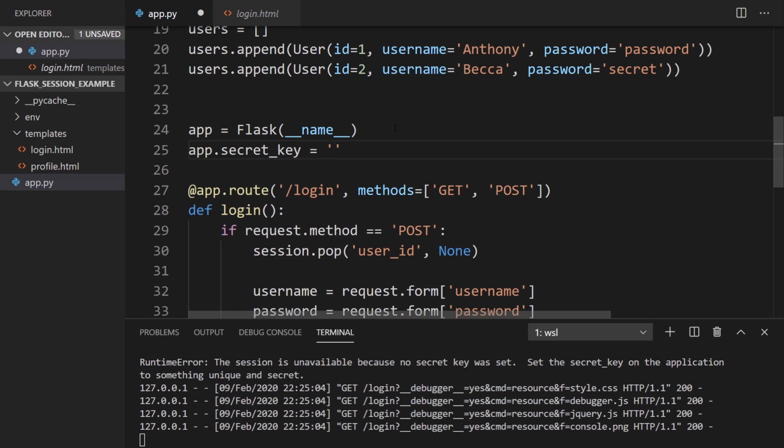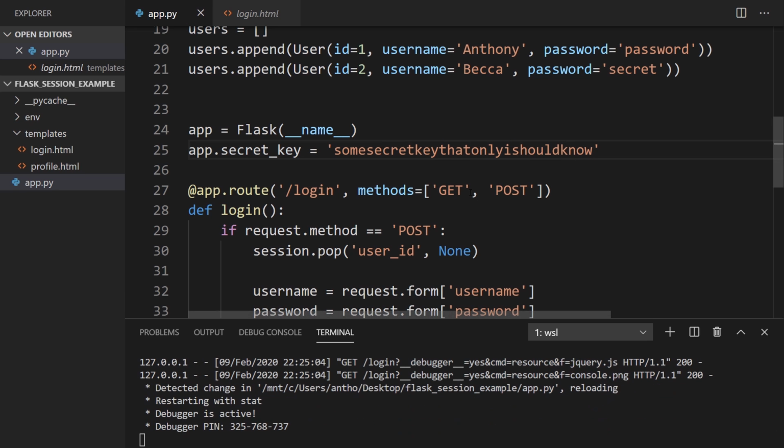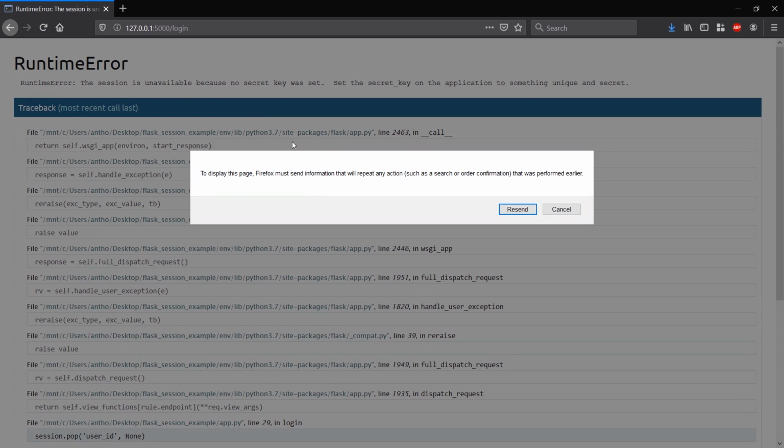app.secret_key is going to be some secret key that only I should know. So I'll say some secret key that only I should know. That's pretty secret, right? So now if I refresh,